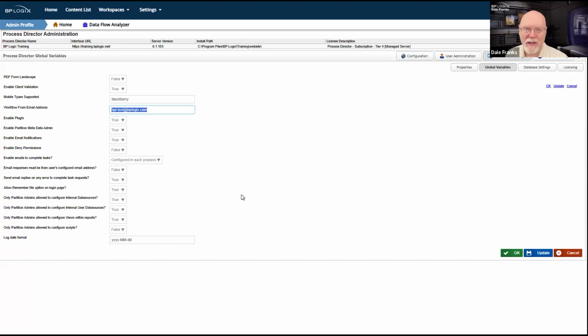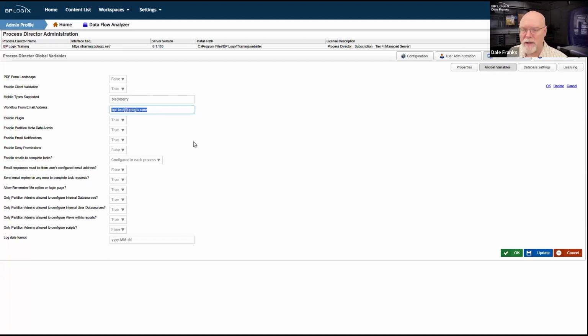Usually, as I said, we don't want people to reply. And since we don't want people to reply, we'll pick an email box that just doesn't accept replies, and we'll use that one. It's usually every system has a generic email box like this that basically gets used for the from address. That's an unattended email that nobody responds to. And in most cases, that's fine, because in most cases, we're sending out notifications of various types, and all we care about is that the email sends.